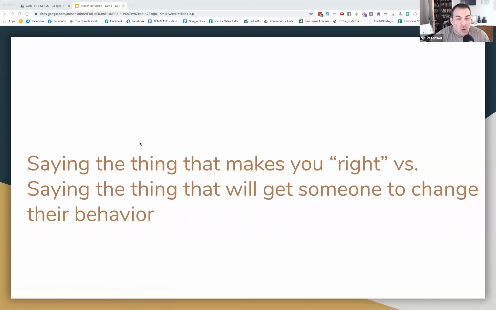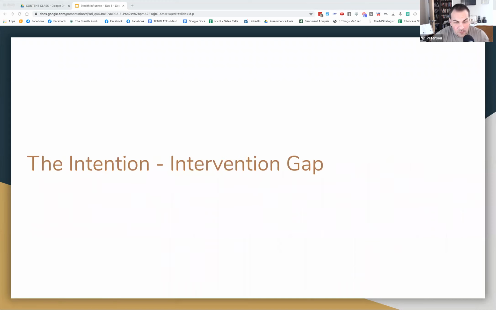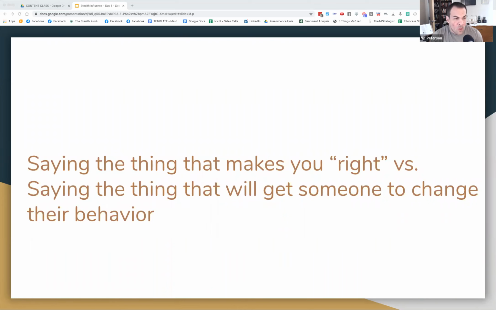It doesn't matter if people know they need your thing. A lot of people know they need to go to bed on time and they don't. So knowing a thing and doing a thing are very different. It's called the intention-intervention gap. I'm going to show you how to close that systematically. Cool. Second,